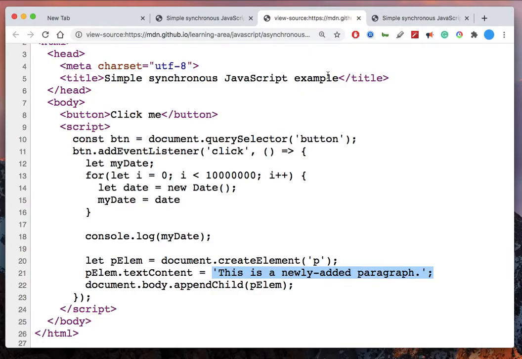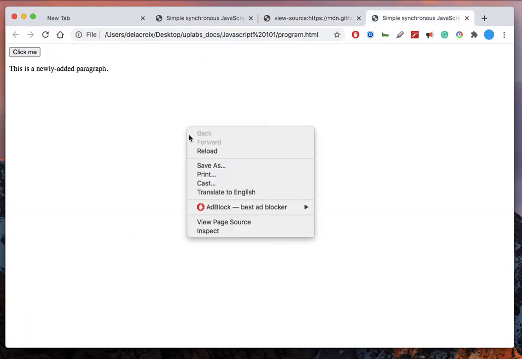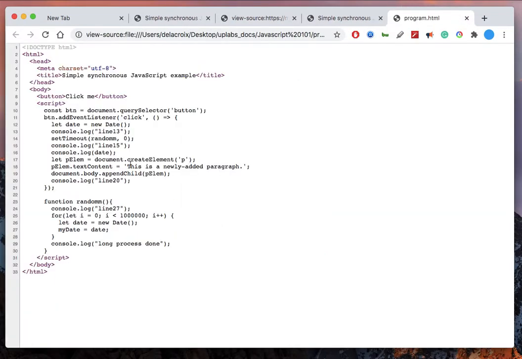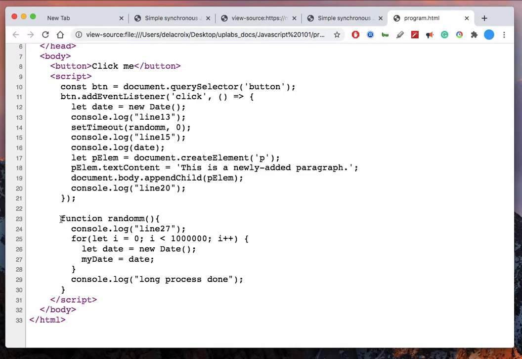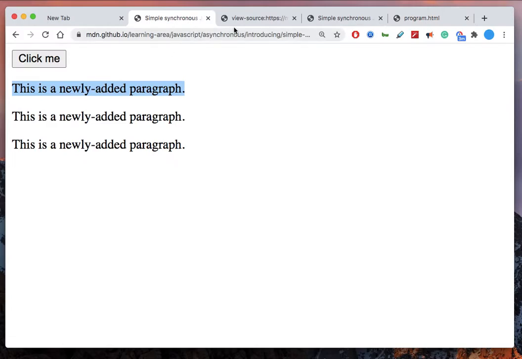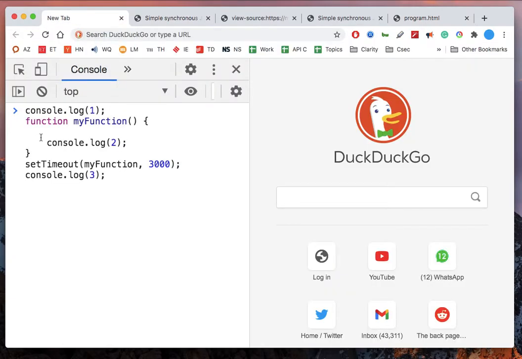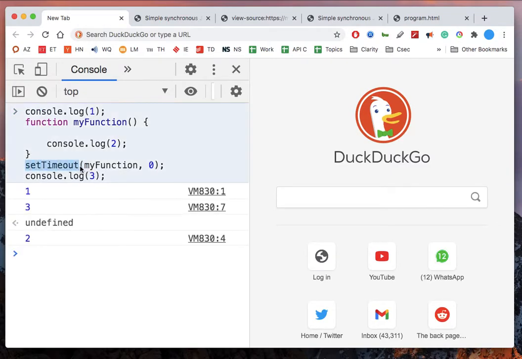So I've converted this code into non-blocking code. What I have done is just remove that for loop from here and put it in another function, and I'm calling that function in set timeout, right? And that set timeout I've set to 0, so it will call instantly, right? And set timeout will always put it on a queue. In this example, even if I put 0, it will still be put on a queue. 1 2 3 will not be printed, 1 3 2 will be printed, right? Because that is the nature of set timeout. It always puts it on the queue and then executes whenever the time comes.